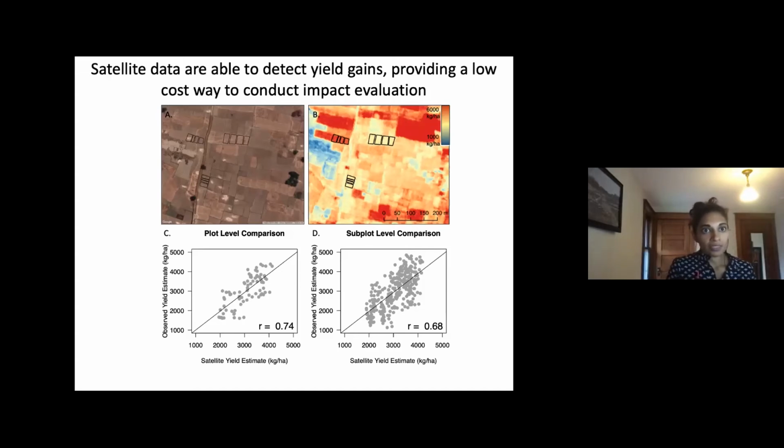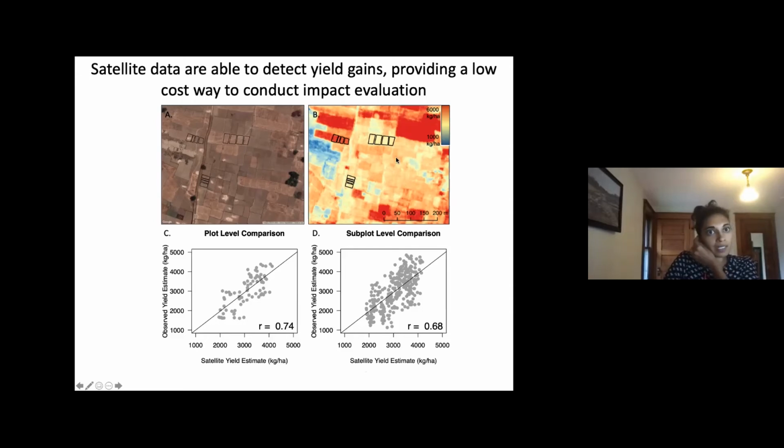I'm not going to go into the details of how those models were run, but I'd be more than happy to talk about it more during the Q&A if people are interested. These bottom two plots are showing our estimated yields on the x-axis and observed yields on the y-axis, which we obtained from those crop cuts on the ground. And we find that we're getting pretty good correlation values. And this is just what our fields look like, both on the ground with high resolution imagery